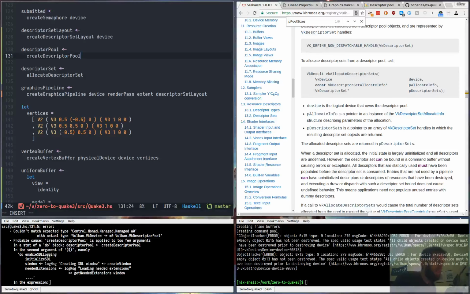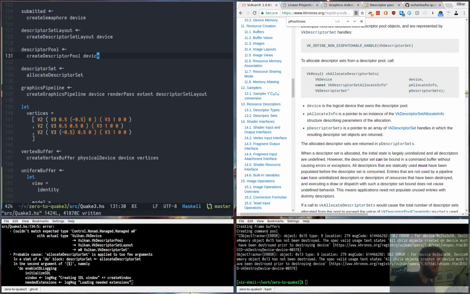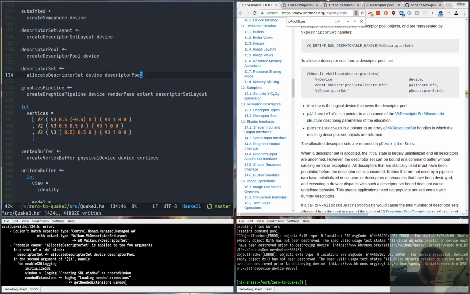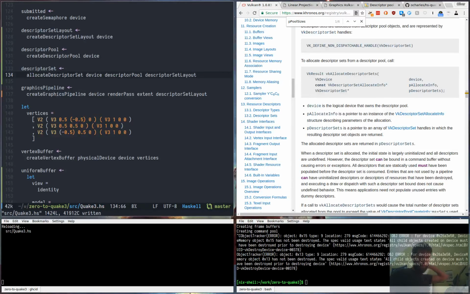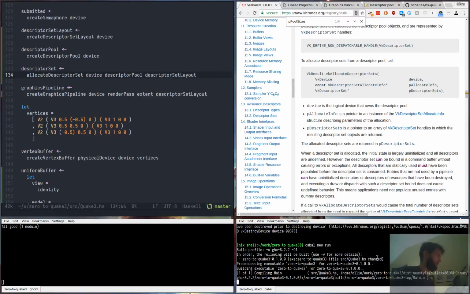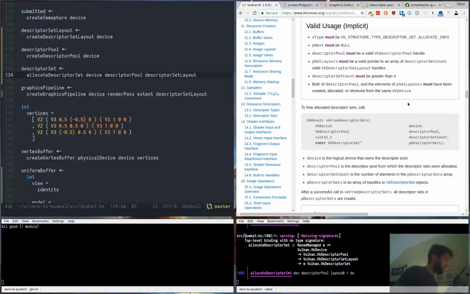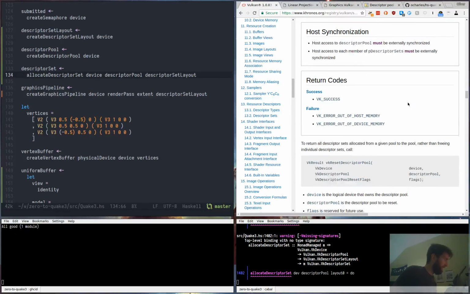This needs a device. This needs a device and a pool. And a layout. Good. Let's see if that compiles. If it does,